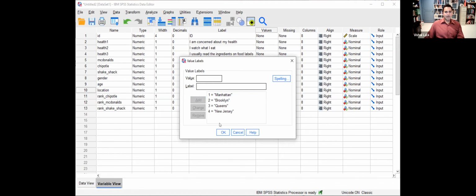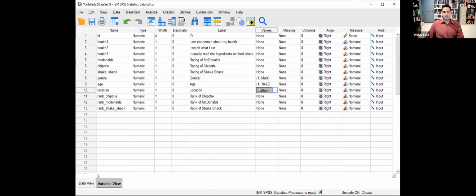Okay, here we have it then. And okay. There's no need to assign value labels to the other 3. We're not going to worry about it. Now, before we look at the other remaining columns, let me just go back to data view, a little segue